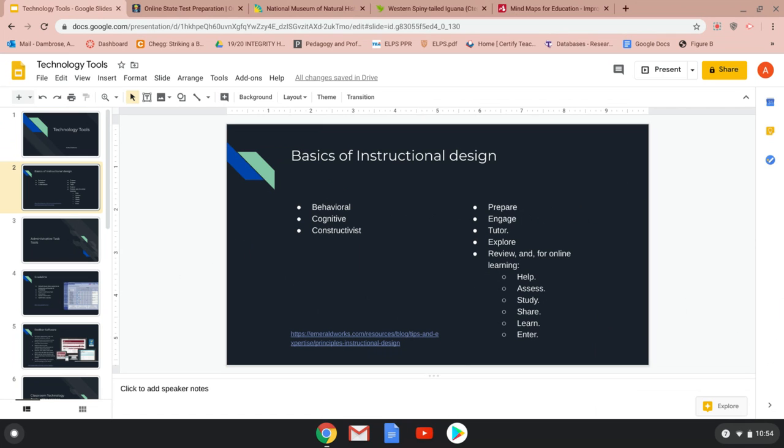So, here are the basics of instructional design, but first we'll go through the three components. The first component is the behavioral. Behavioral psychology advocates repetition and reinforcement in learning material to create a behavior in the learner. So, that means that the behavior in the learner will be learned